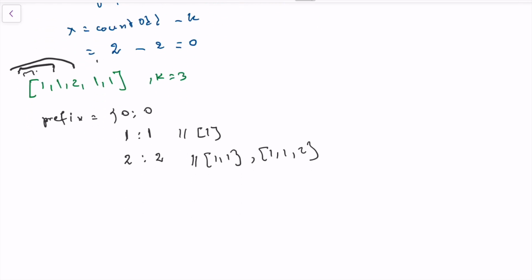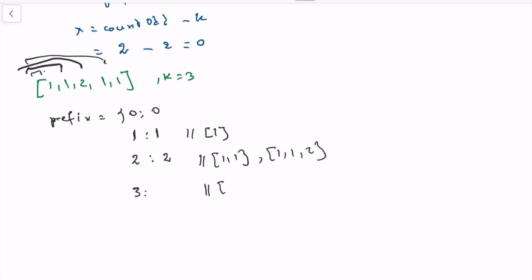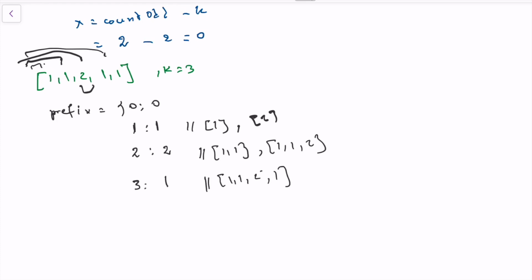And then when we reach this position, we have the number of prefix subarrays that have 3 odd numbers. That's 1, 1, 2, 1. So this one has 3 odd numbers. Now here also we have another one. And then when we reach, so here it has 3 odd numbers, that's bigger or equal to 3, to k, right? So now we need to add to our result the